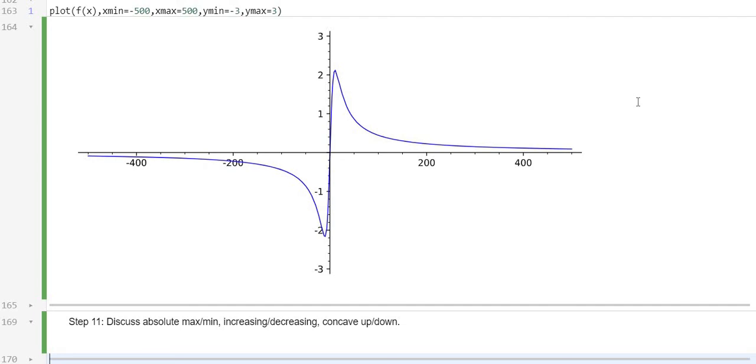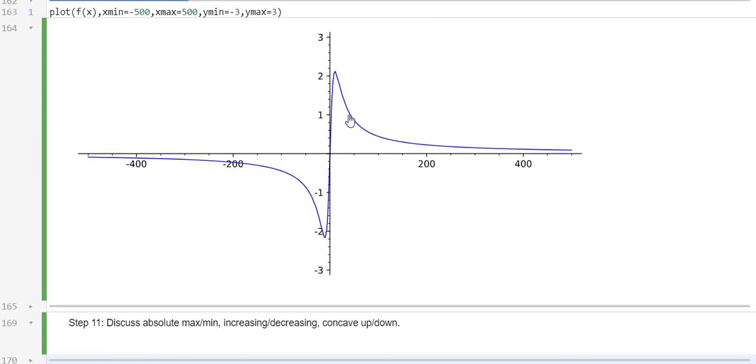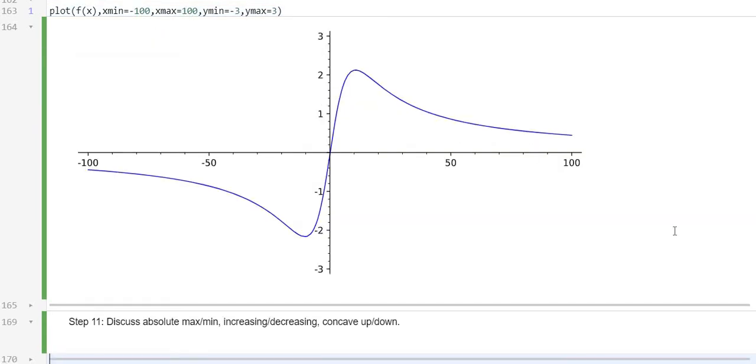So here's out to 500 both ways. The inflection point here at wherever 18 is, somewhere in the middle, is very clear. This is definitely concave down. This is definitely concave up. This horizontal asymptote is becoming clear, so that's good. The disadvantage of this window is everything right here in the middle is crammed up. So I don't know. There is no one right answer. You choose the window that you think best shows you this picture. I think that 100 is a good compromise. We're starting to see the horizontal asymptote. We can see the mins and maxes and inflection points. So that's good. Now I would like you also to add